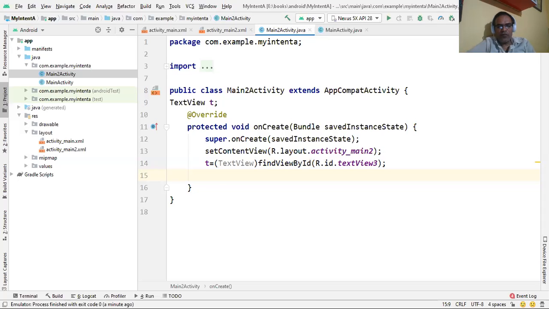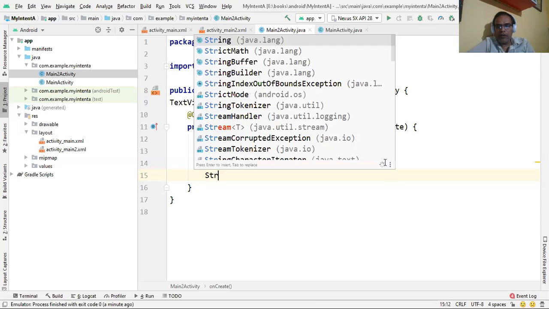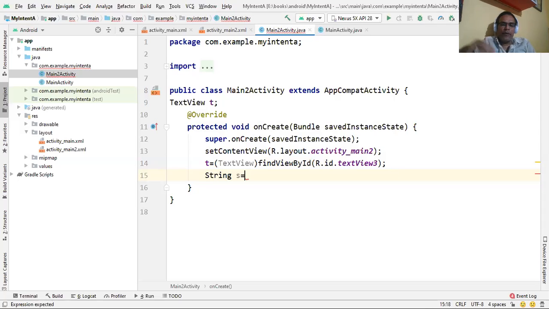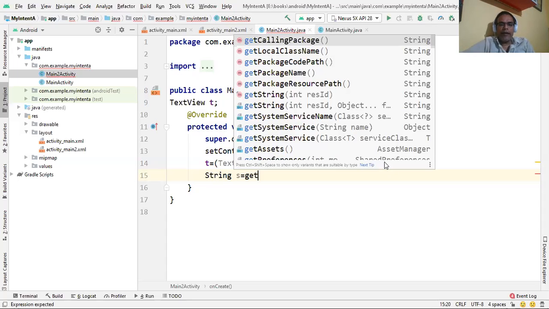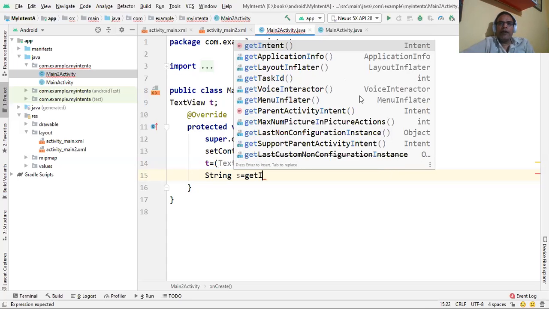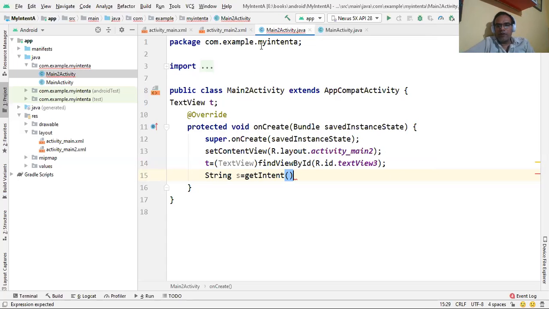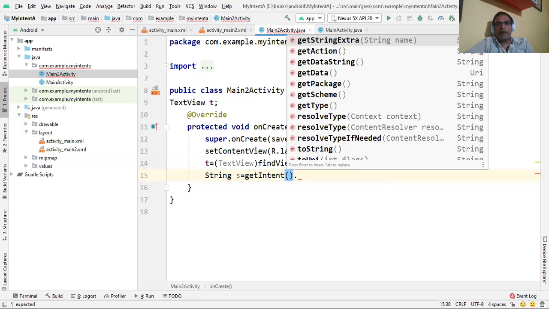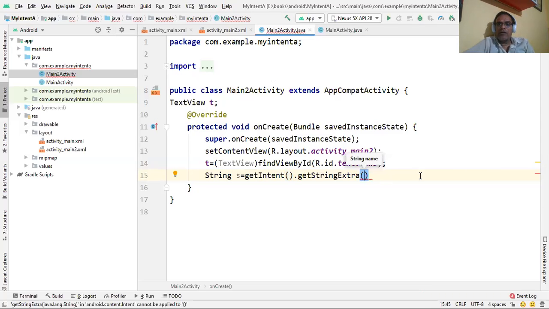So again we have to write a string object assigned to, and we use the getIntent method. So we write here the getIntent method, and that method again contains the getStringExtra method, and this method uses the data parameter, and that data parameter we used in the first activity.